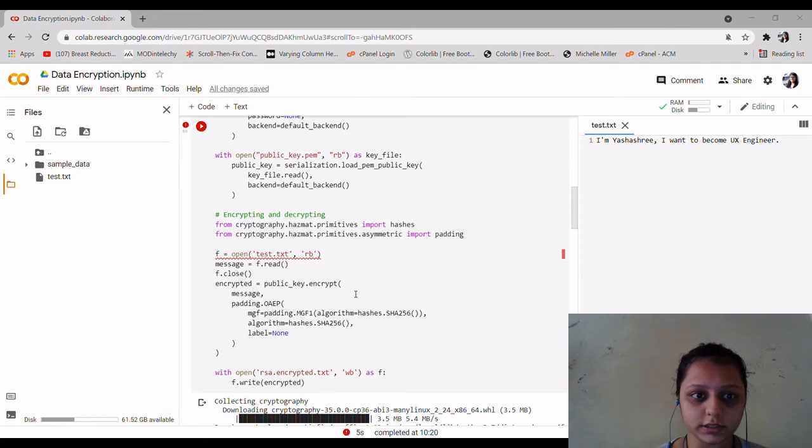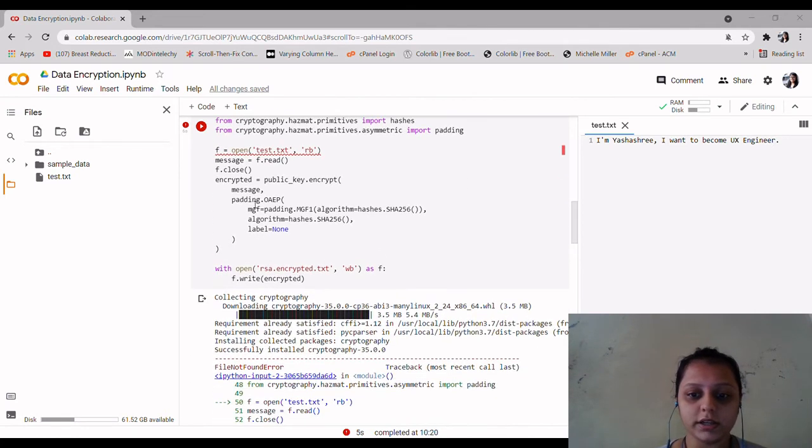We named it message, and we are using padding, which prevents cryptanalysts from using predictability to find known plain text, and uses the SHA-256 hash algorithm for the encryption.